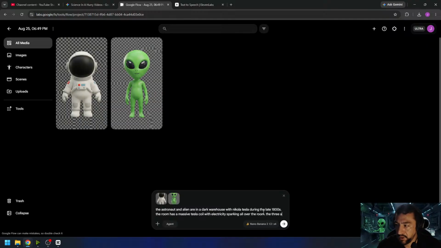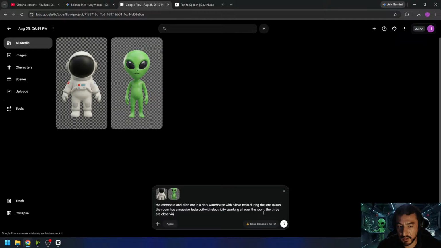The three are observing the activity with awe. Okay, so we've got that, and then I always have to establish that the alien's eyes and astronaut's visor remain blacked out